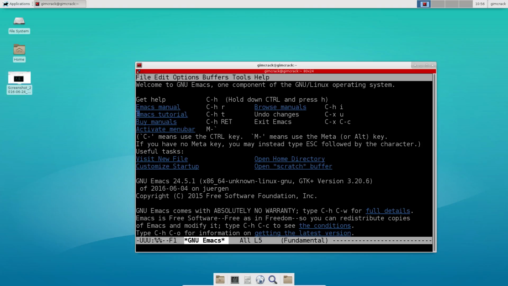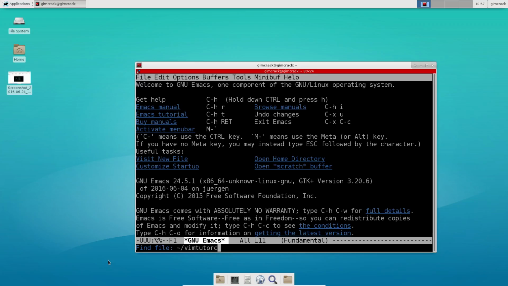and to open up a new file, I can just hover under visit new file and then press enter, and then below you see it says find file, and then if the file exists it'll open up in here. If it doesn't exist, it's in my home folder. And right now I actually, well, I didn't install, I copied the Vim tutor page, and it's here right now,